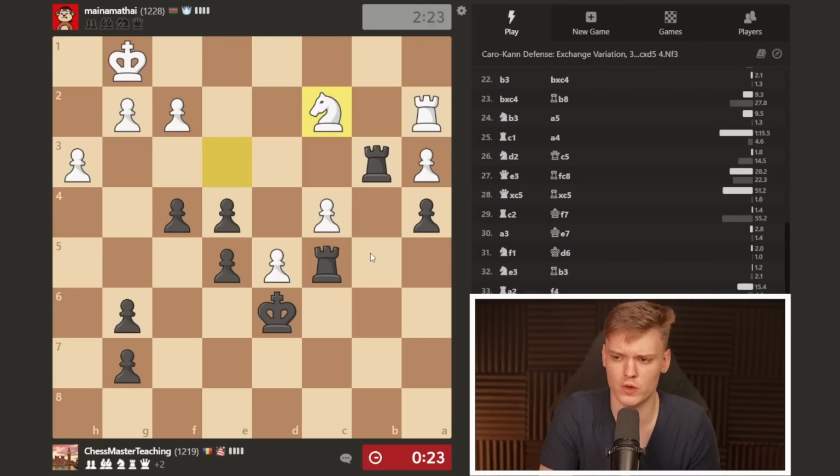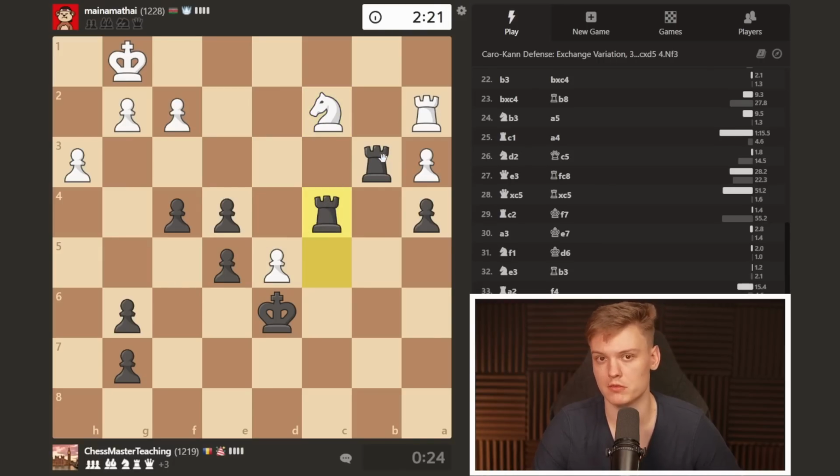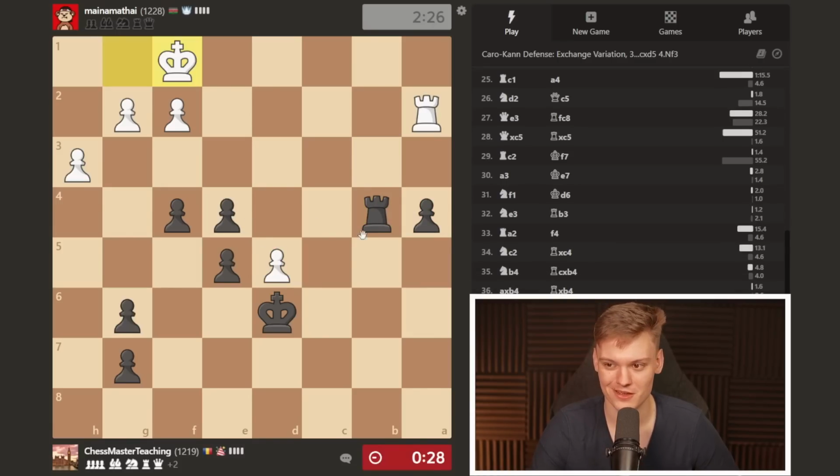Because some people are just way too in love with their extra pieces instead of making the conversion. And a lot of times the conversion is easier. Like for instance, now I almost have no move, but I can just do rook b4, and then I'm gonna pick up the pawn on d5, and we literally have 3 extra pawns in the rook endgame, so it should